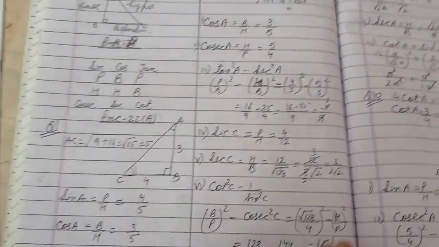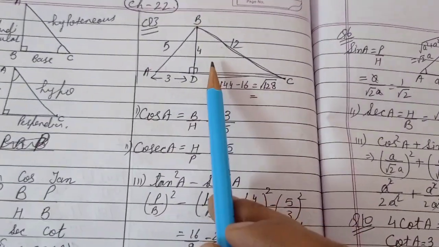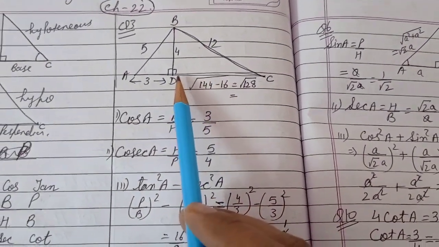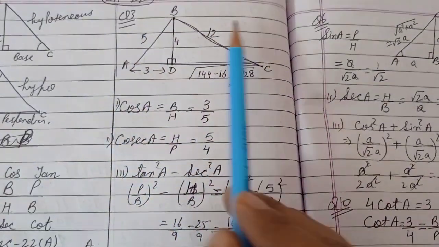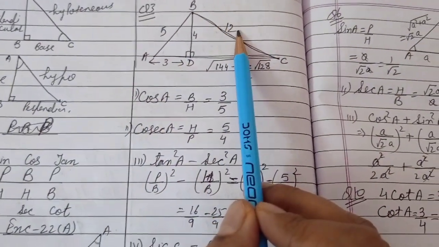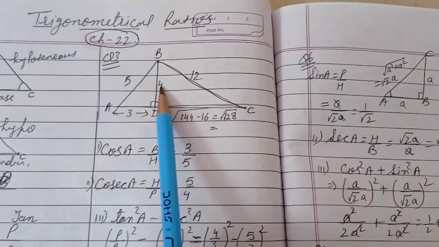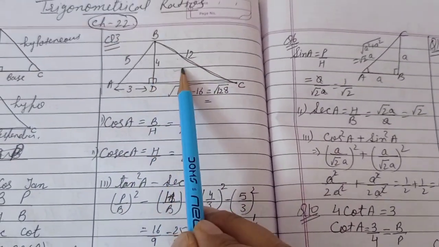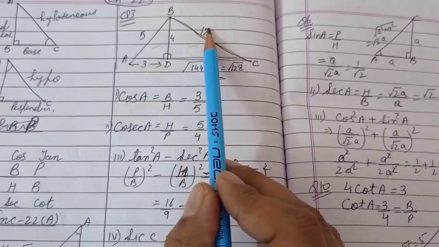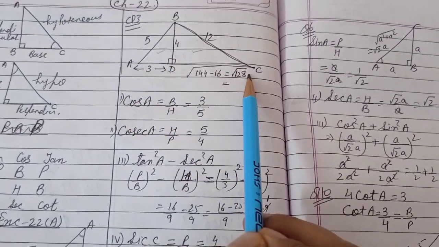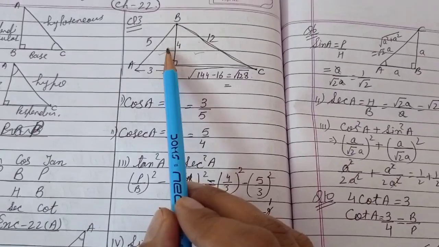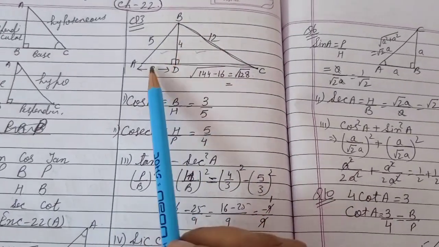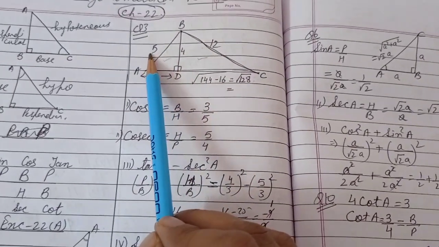Now the second question is the same as this. You can find the second question yourself. Third question: from the following figure, this is the given figure in which this side was given, this was given, so this side was given. Clear? So what I did, both the triangles are right triangles. Using Pythagoras theorem, I found DC also. Here also, in this case, these two sides were given, and using Pythagoras, I found this side also.